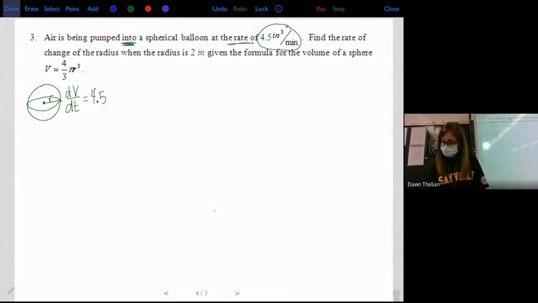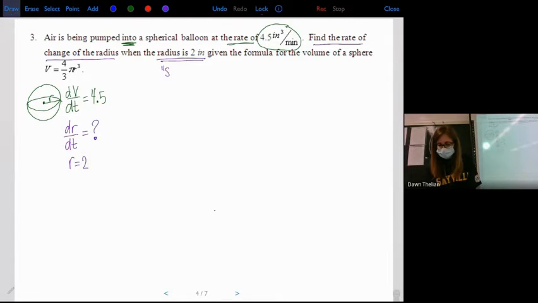Find the rate of change of the radius. So since I'm being asked for a rate of change, I know I'm looking for a related rate variable, or a d/dt, and it's the rate of change of the radius. So dr/dt is what I'm looking for. When the radius is 2 inches, so what is going to happen is you're going to be given sort of a snapshot,